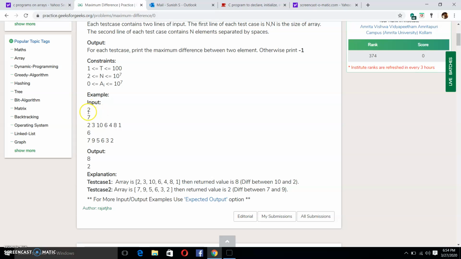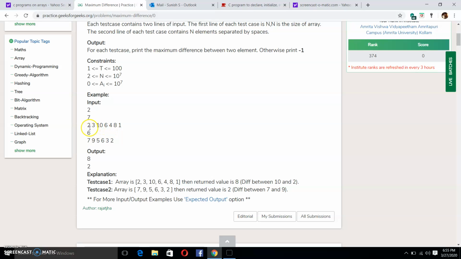There is only 1 test case, and the array has a size of 7 and the elements are 2, 3, 10, 6, 8, 4, 8 and 1. The problem wants us to calculate the maximum difference between numbers such that the greater number